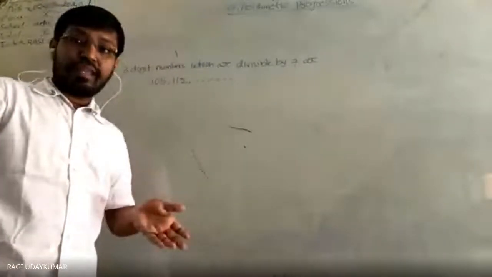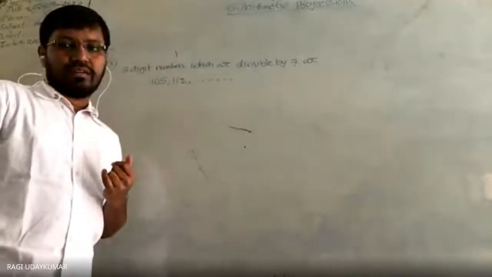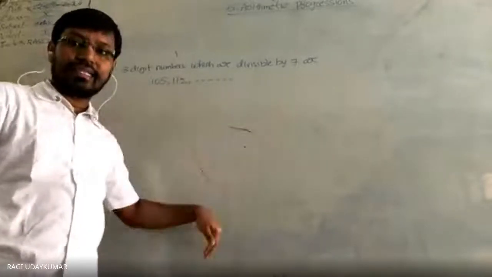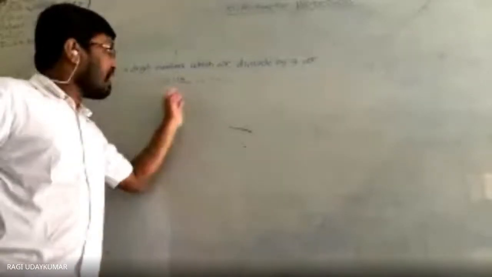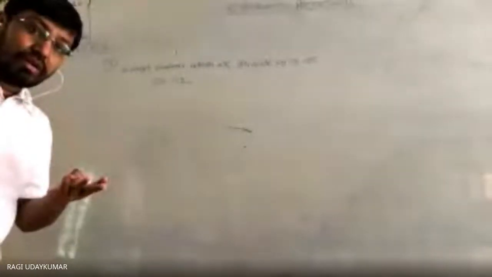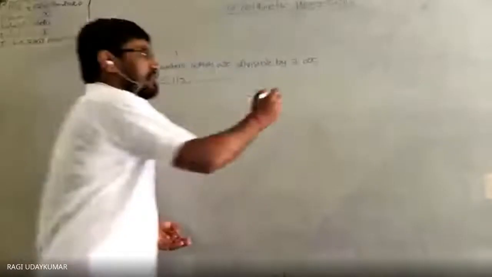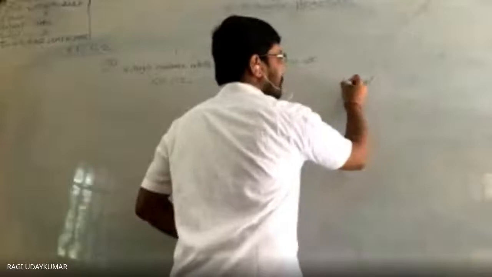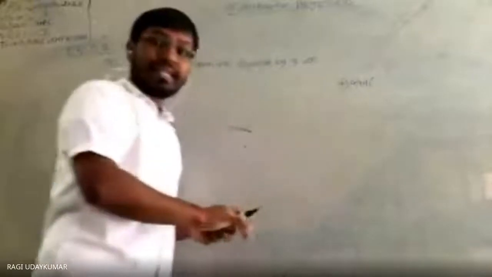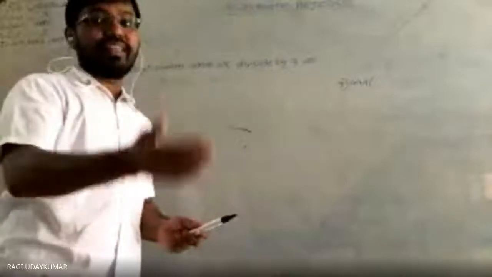Without the last number, how can we know how many there are? Sir, we will count directly, 105, 112, like that. No, that is not the way. If you know the last term, consider it as the nth term, since this forms an arithmetic progression. To find the last term, what is the largest 3-digit number? It is 999. Divide it by 7. Whatever remainder you get, subtract it from 999, so the number will be divisible by 7. That is the largest such number.